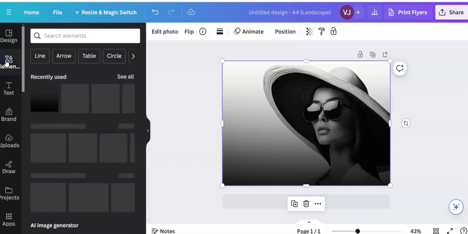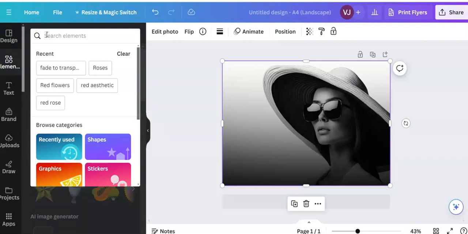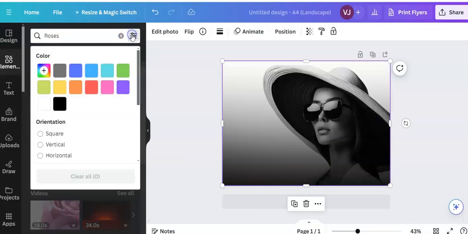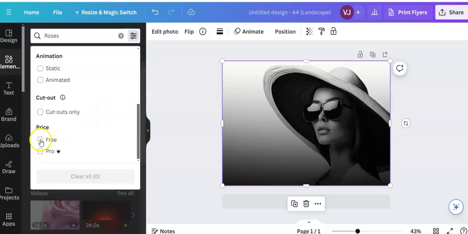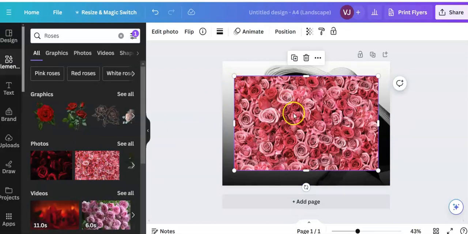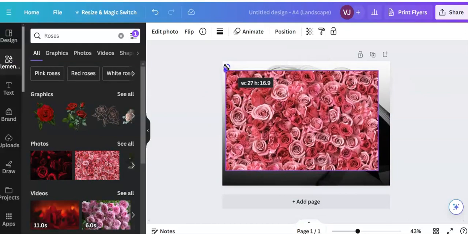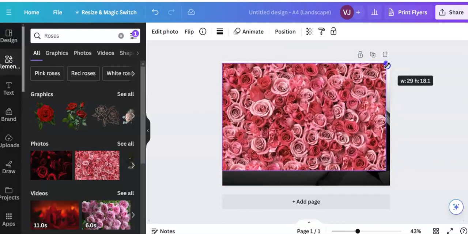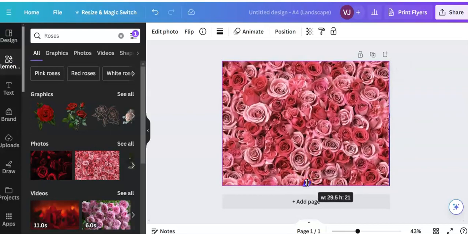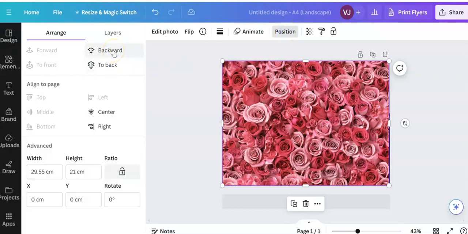Now I'm going to go back to elements, and I'm going to look for roses. Okay, roses being, as it's Valentine's Day coming up, looking for a free one. Okay, this is the one I used, so I've just clicked on that. I'm going to bring it up. I may decide to stay with this rose background, or I may just leave the gradient. Okay, so now we can't see the lady. So I'm going to go up to position and position